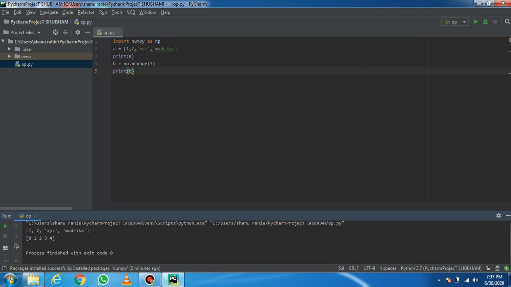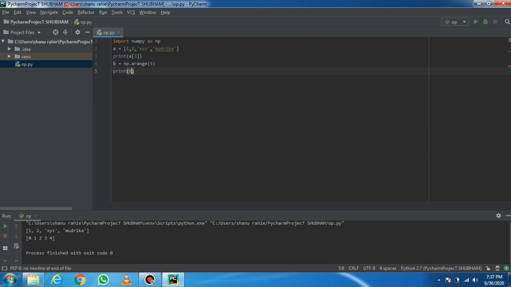So the first basic difference, I hope this is clear too. Now the indexing. For example, if I have to only print the name of Mudrika, indexing will be square bracket and square bracket. Now in indexing, this is 0, this is 1, this is 2, this is 3. I hope I have cleared the topic of indexing. Indexing means address of that element.